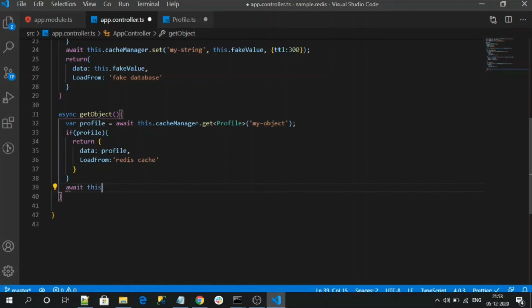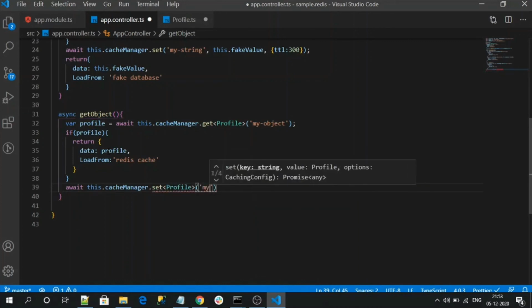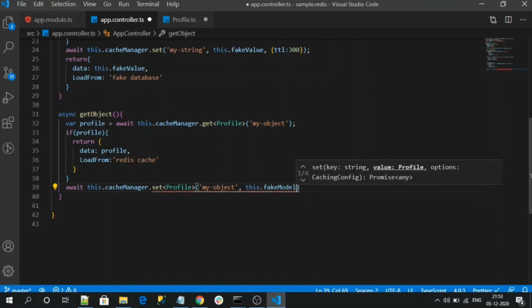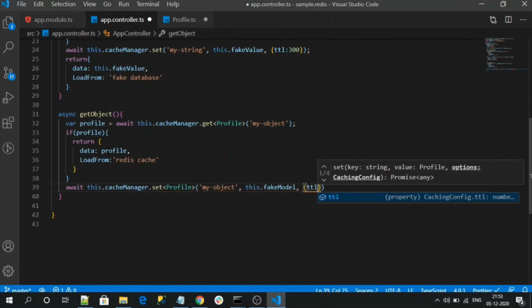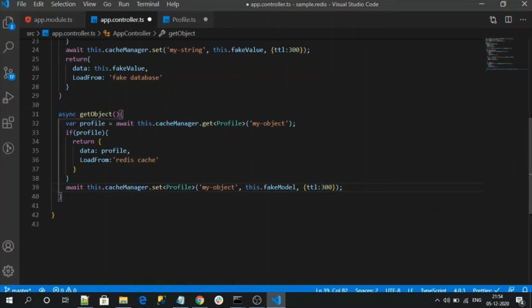Await this dot cache manager set of type Profile. So my key is my object and the value is this dot fake model, and the expiration time is like 5 minutes. So here, set object, before saving our fake model into the database, implicitly serializes our profile object using JSON.stringify. Then it will save to the Redis store, right?